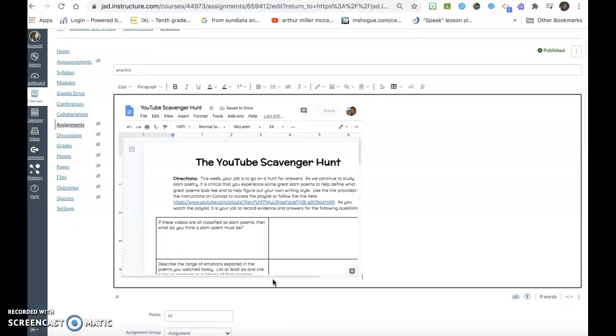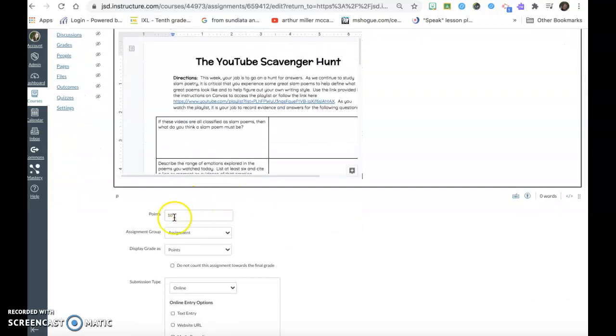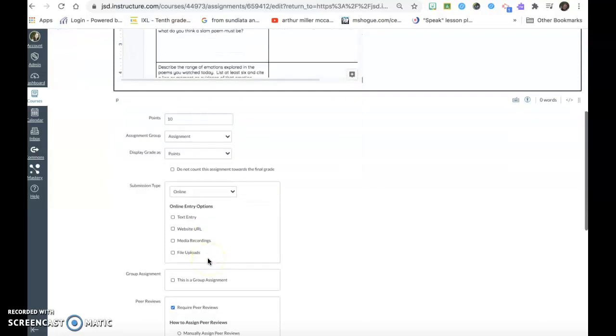Students will, if they haven't yet, have to authorize their Google account to be able to access it. You can still put how many points you want, the assignment grouping you want, online,